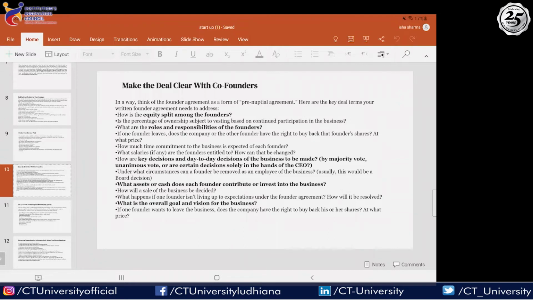Suppose there are multiple people involved with your idea, so there can be a founder and co-founders as well. One person had the idea, but to execute it you need more co-founders or team members. In that case, you need to define the equity that will be split among the founders, and the roles and responsibilities among the founders. Like who is going to be the decision maker on an everyday basis? Who is going to take care of the business? Who is going to take care of the execution part? All that needs to be pre-decided.